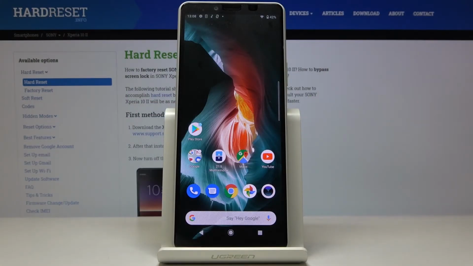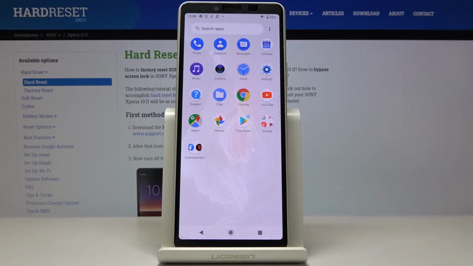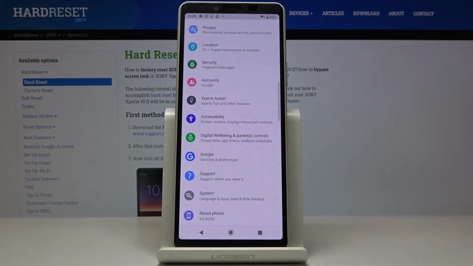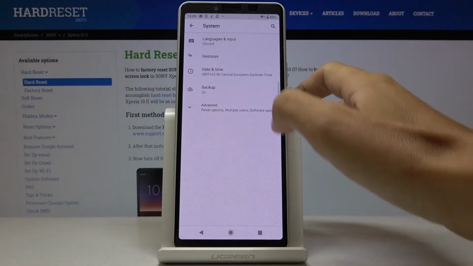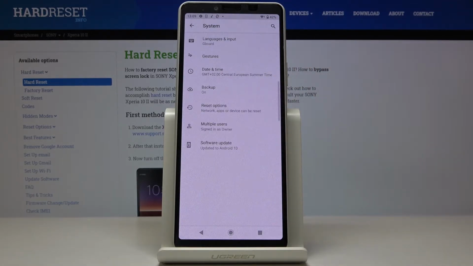In front of me is SONY Xperia 10 Mark II, and let me show you how to reset network settings on the following device. So first of all, you have to open the list of all apps, then find and select the settings. Now you have to locate and click on System and go to the Advanced Features. Then go to Reset Options, and now you will notice Reset Network Settings at the top of the list, so